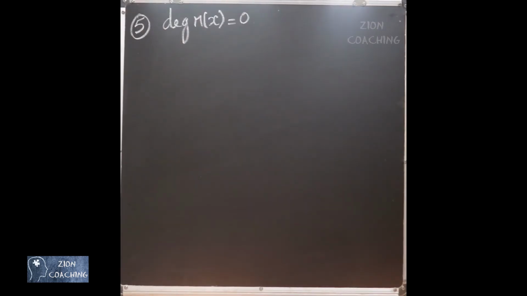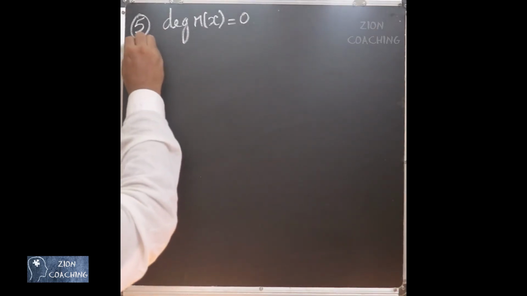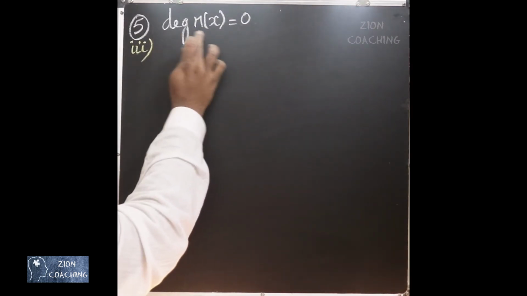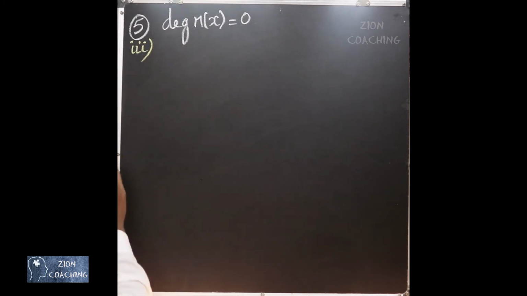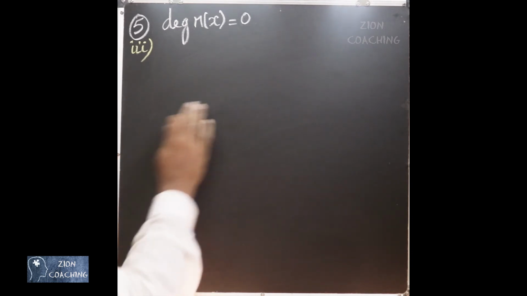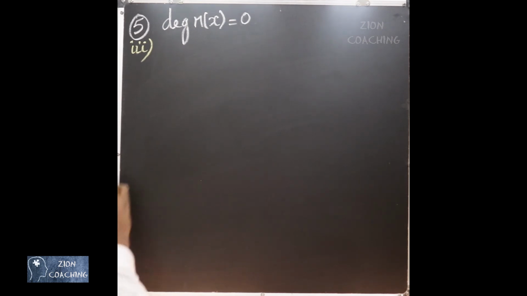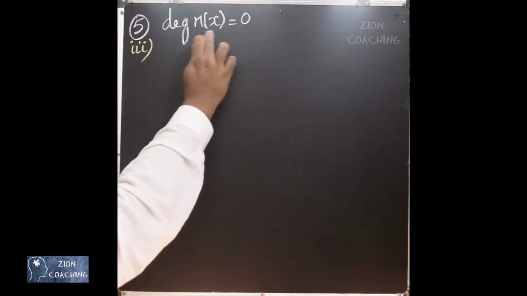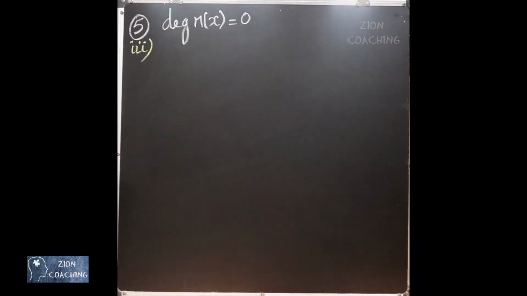Now in this third subdivision, we have to find the final r of x, where the degree of r of x should be 0. That is, if r of x is going to be a constant polynomial, then the degree is going to be 0. We are going to find p of x, g of x, q of x and r of x, following the division algorithm for polynomials, in which the degree of r of x is going to be 0. That is, it can be a constant polynomial. Now we will take again the same question which we had in our book, exercise 2.3, first question, second subdivision.